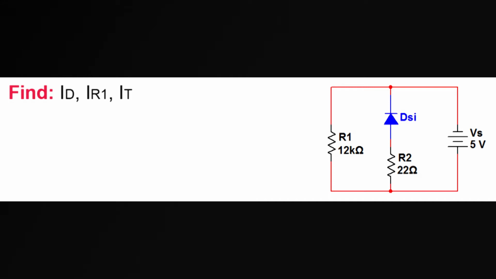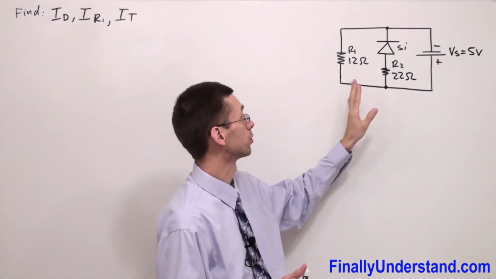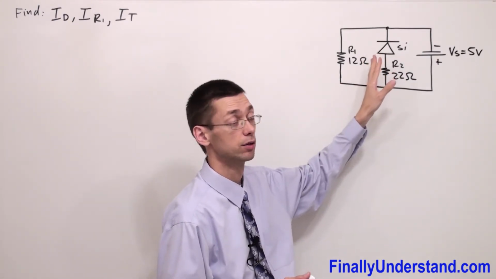Let's take a look at this example. We're supposed to find the currents in this circuit. We're going to start solving this problem from looking at the diagram. Okay, the very first thing you're supposed to do is look at the polarity of the diode